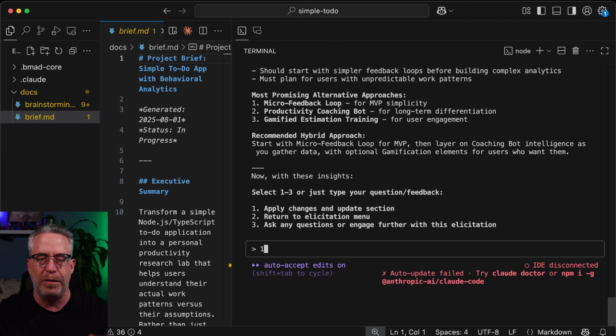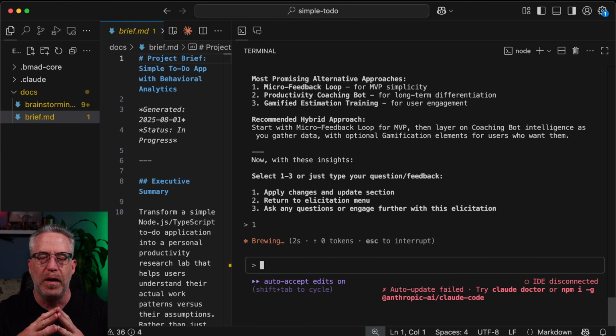Sure, this is just a demo. So we're just going to apply them all, update the section, and then we'll move on to the next section